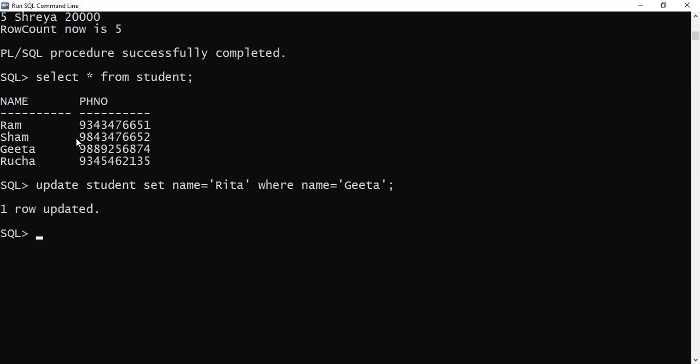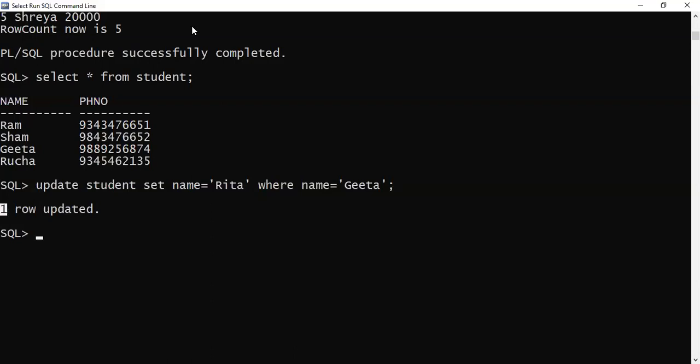No. When I execute, I get just the number of records updated. With this only you can understand that update statement or delete statement or insert statement, they give me the number of rows that are affected by this updation. In case of update, it will say one row updated. In case of deletion, it will say one row deleted. In case of insertion, it may say one row inserted. So it will give me the number of records.